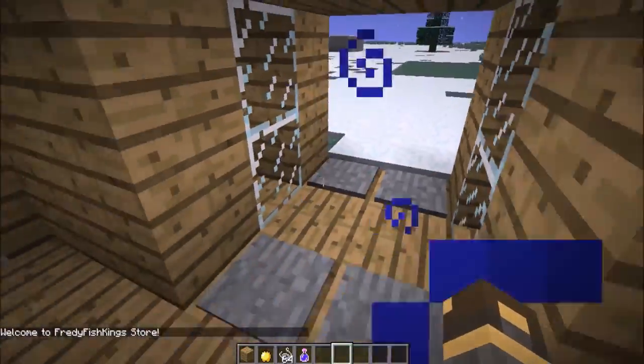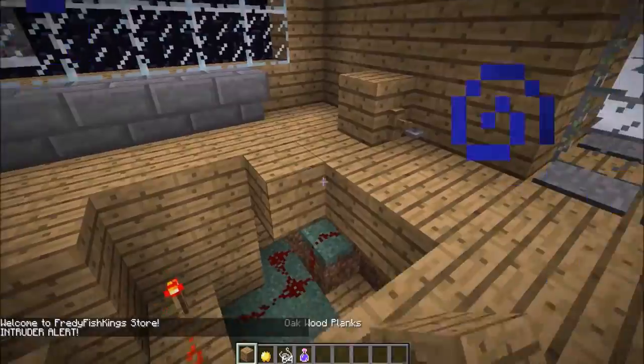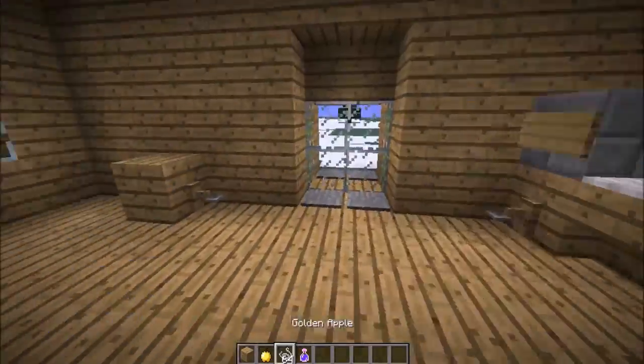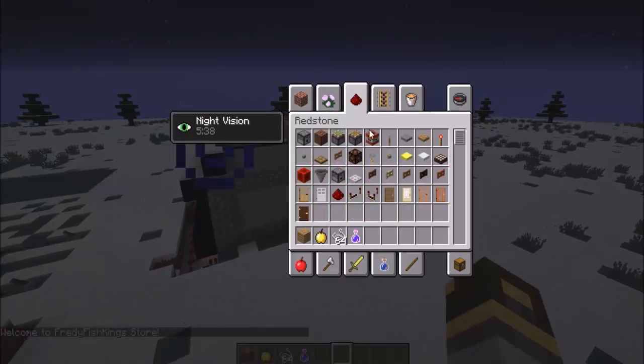But yeah, we got an automatic door. We have a bunch of shelves that you can use, and I'll just cover that up really quick. And that's one of the basically industrial builds that I made for redstone. I've got a few other ones over here which are regenerating houses, which I make for fun because I can